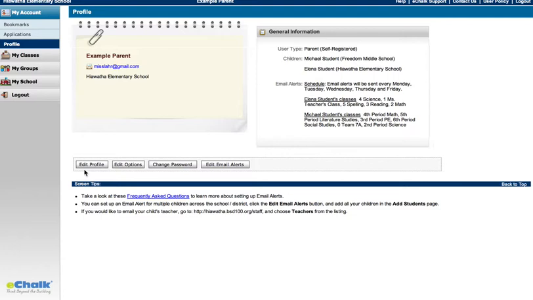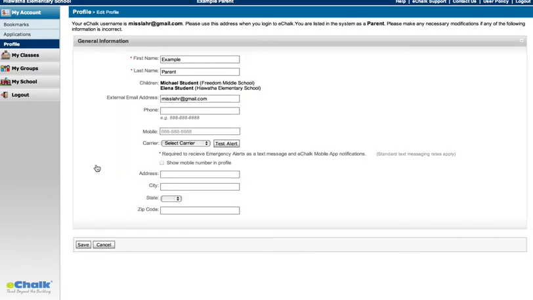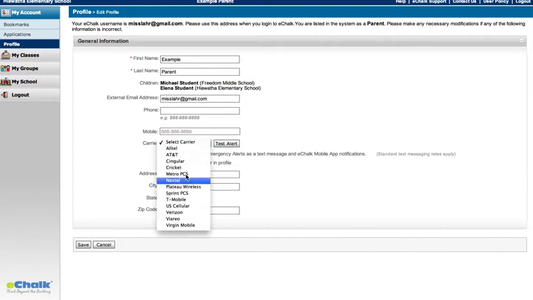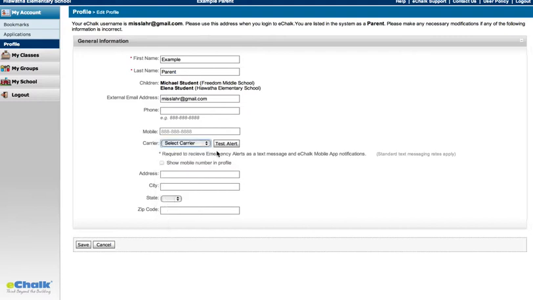To change any of this information, first they can edit their profile. In the edit profile area, they can add a phone number. This would be for you to contact them at home. If they add their mobile phone number, they can receive text message updates from you if you use the eChalk mobile app. They just need to select the right cell phone carrier, and then they can test their alert to